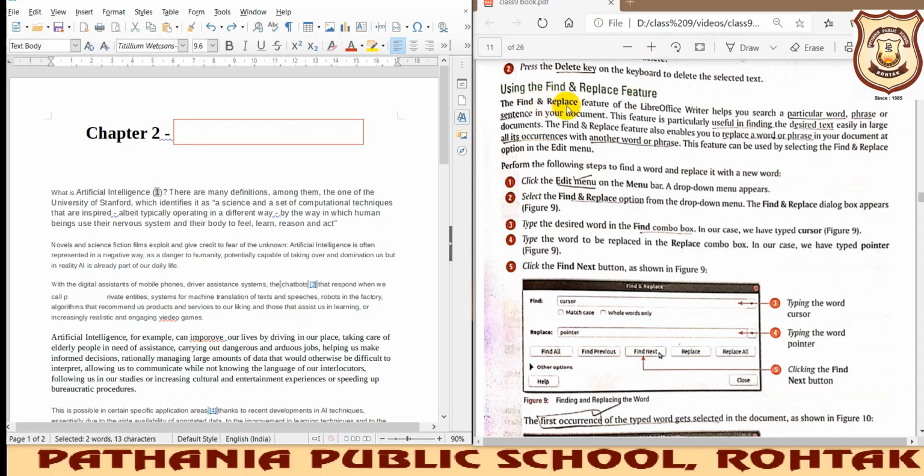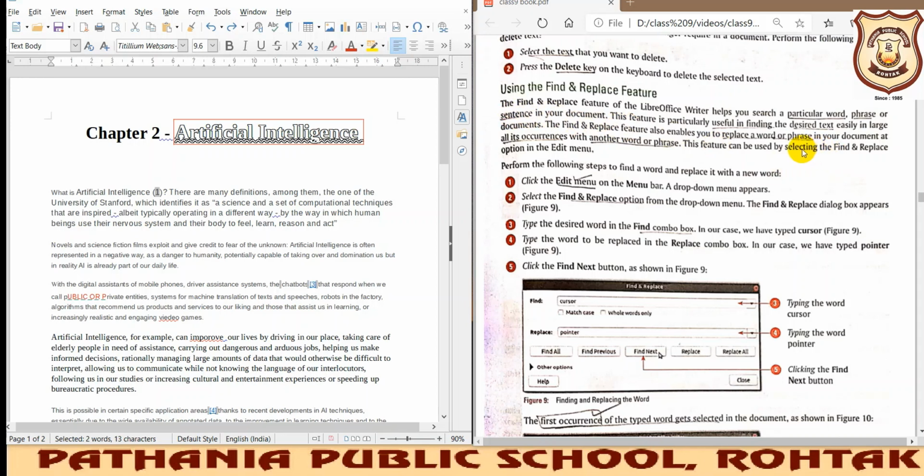So the find and replace option is present in LibreOffice and in MS Word also. It helps you to search a particular word, phrase or sentence in your document. Basically, whatever word or phrase is repeated a number of times in your document, and if you want to make certain changes in that particular word or phrase, then this feature is a great